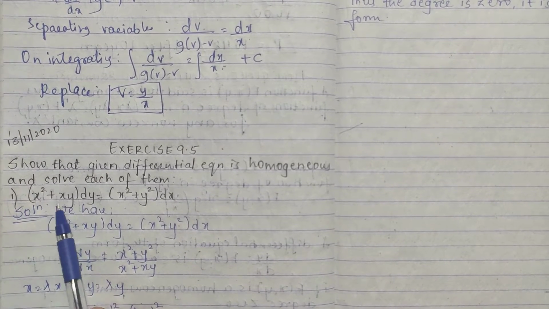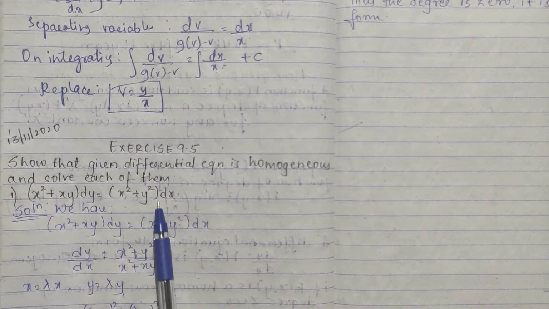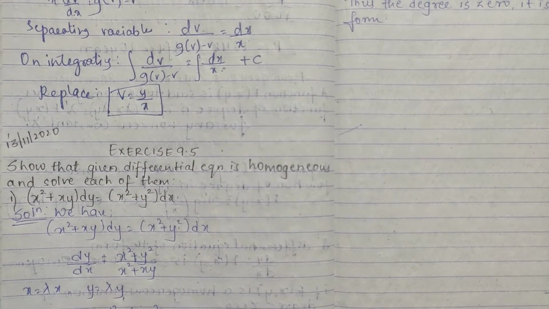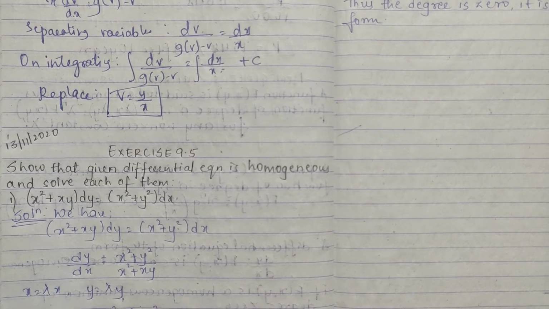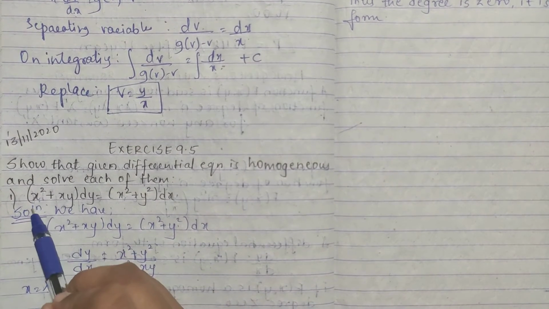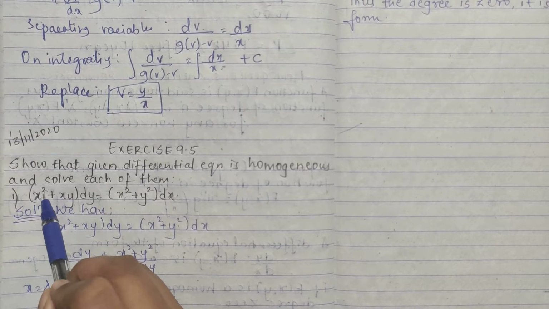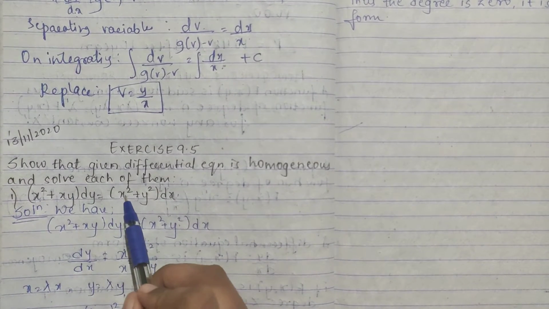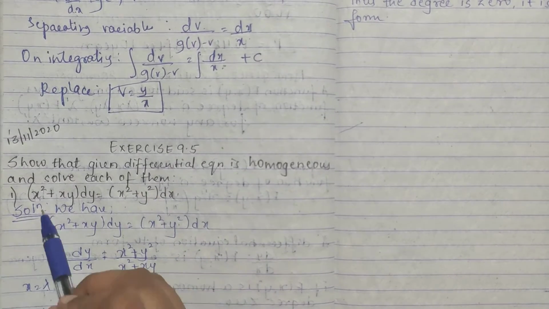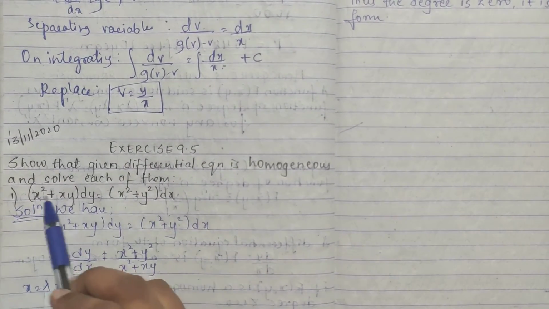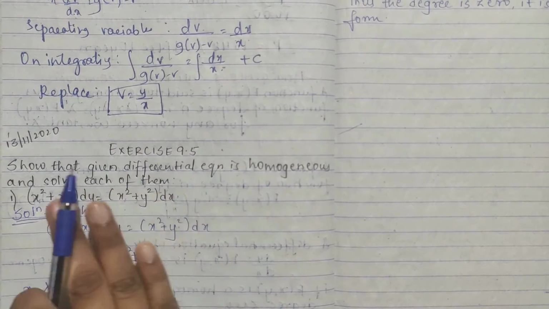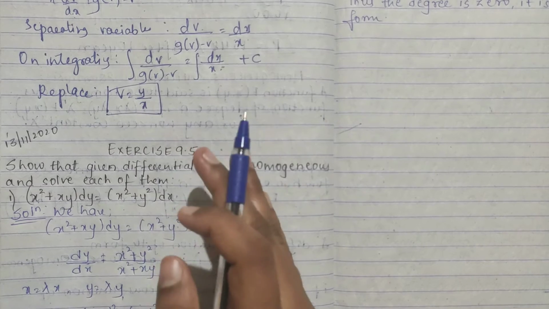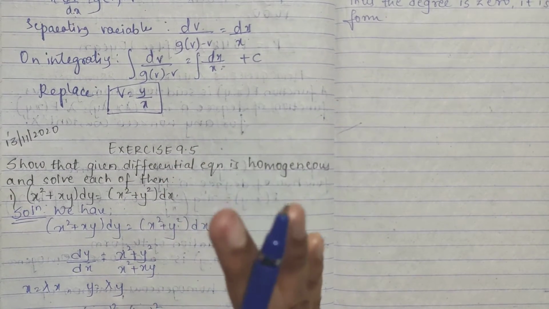See, (x square plus xy) dy is equal to (x square plus y square) dx. So to do homogeneous, I have showed you two methods. You can go with that to check. If you don't understand, see, first, whenever, see here x square, degree is what, 2. Even here you see x is 1, y is 1, so here also degree it is 2. Even here you can see 2, here you can see 2. So whenever the degrees are equal, like from your right hand, left hand, whatever, if they are same, then from here only, from the question only, you can understand it is homogeneous form.